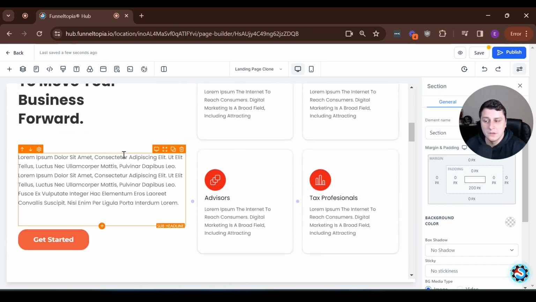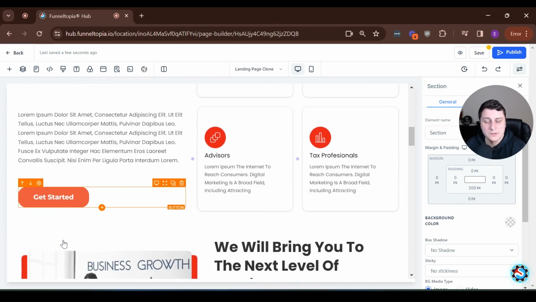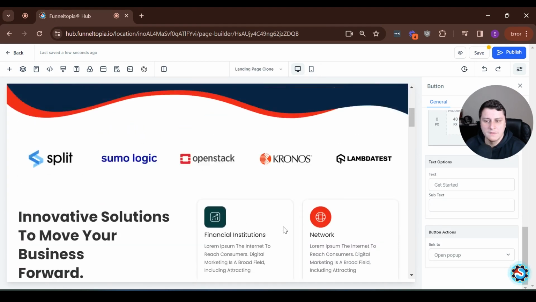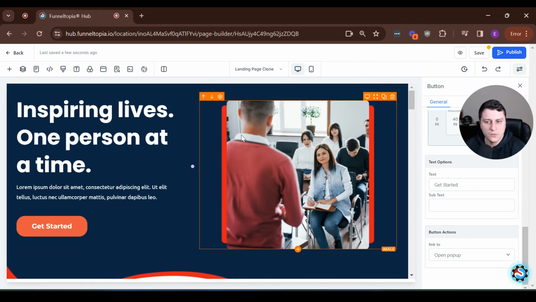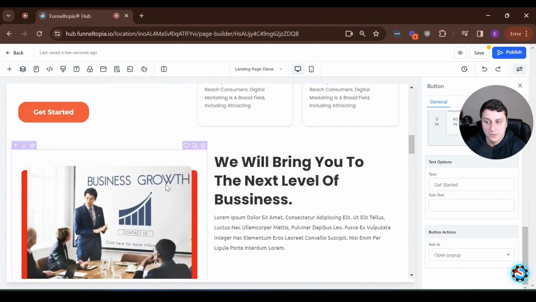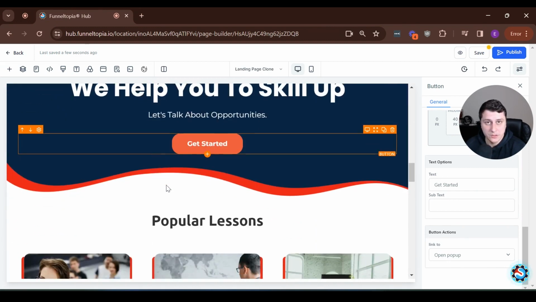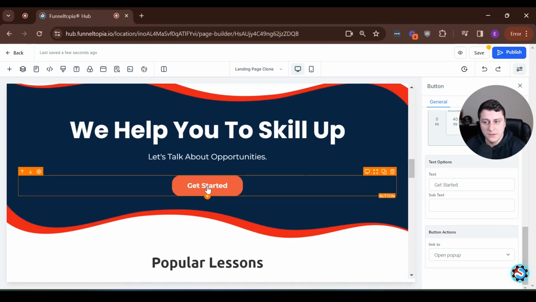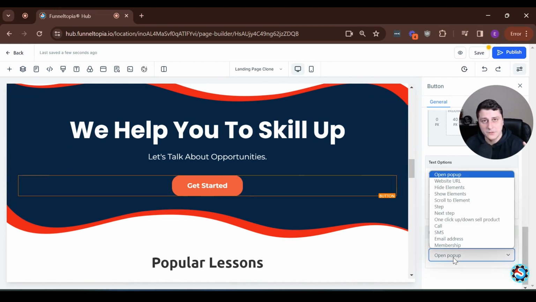What's in it? Obviously, all the buttons will be pop-ups in this case, right? And if you have, instead of a pop-up, a form here, and then you have a bunch of buttons throughout the page, right? How are you going to do it? You're not going to put in a bunch of forms instead of the buttons. So what you can do here is you can link these buttons. If you click on one, you can link it to, if it's not a pop-up, the part of the page, the section that has the form. So you can do scroll to element,